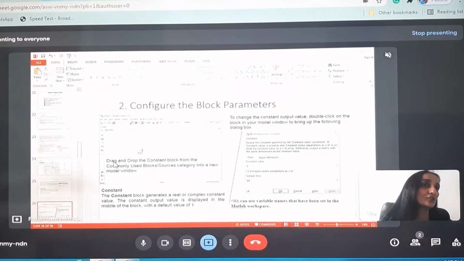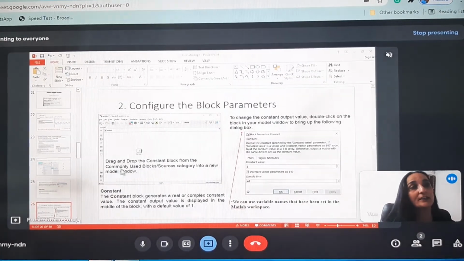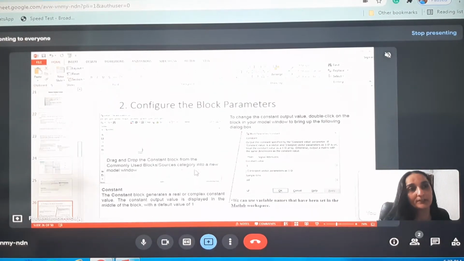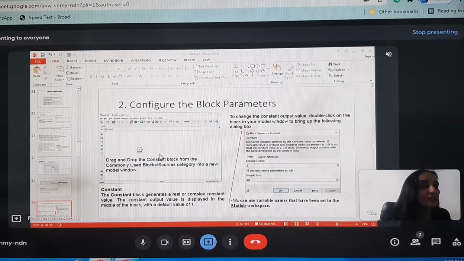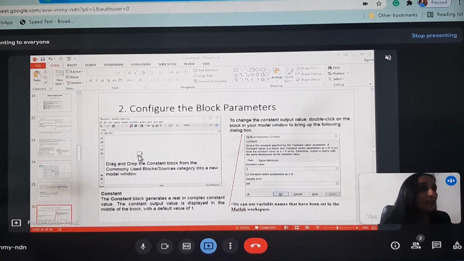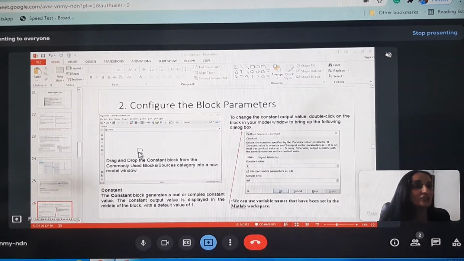Now, drag and drop the constant block. We can drag and drop it from either the commonly used blocks sublibrary or the sources library into a model window.